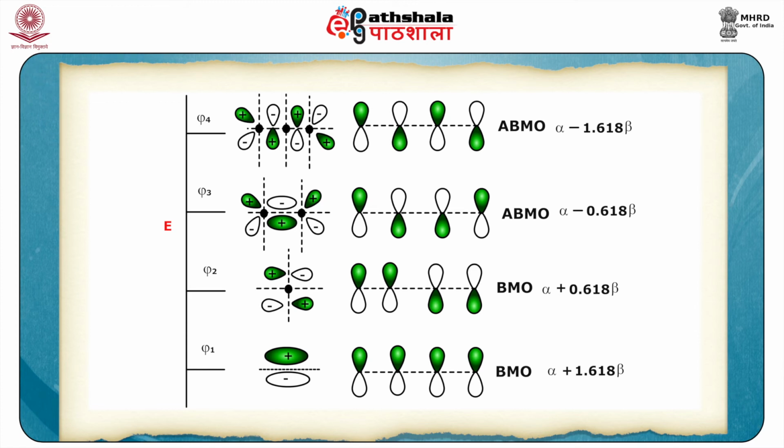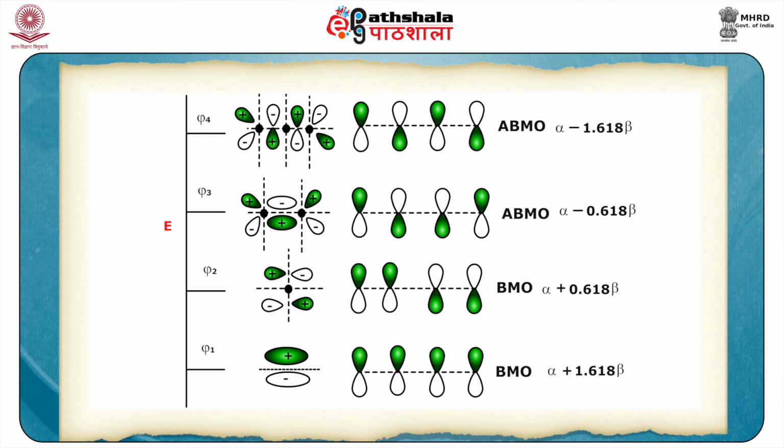But when we go from 2 to 3, the positive lobe still remains down and the negative lobe remains up. So there is no node between 2 and 3. But again, when we go from carbon atom 3 to carbon atom 4, on carbon atom 4 the positive lobe comes up and the negative lobe comes down. So again there is a node between carbon atom 3 and carbon atom 4. This you can very well see in the corresponding diagrams. These big dots basically represent the corresponding nodes.